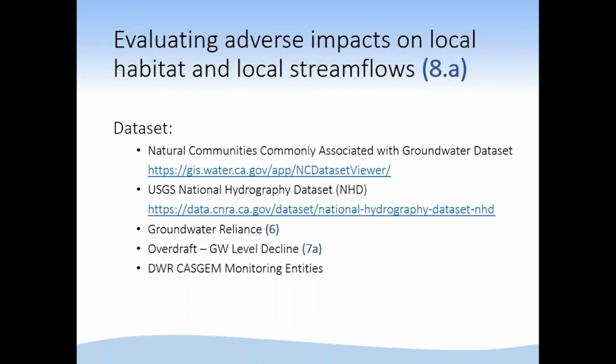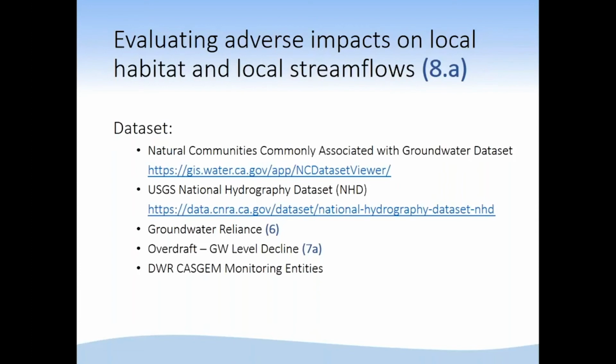We didn't necessarily use intermittent ones; it was harder for us to justify using those. Anything permanent or perennial, we flagged as being in that basin. And this again is a yes or no approach on both of these. Are there natural communities within the basin? Yes, the flag was set. Are there streams that are permanent and perennial in that basin or adjacent to it? If the answer is yes, the flag was set.